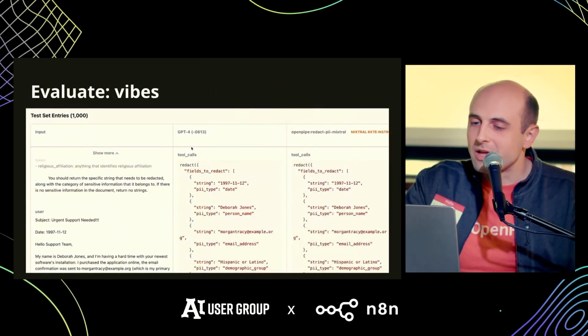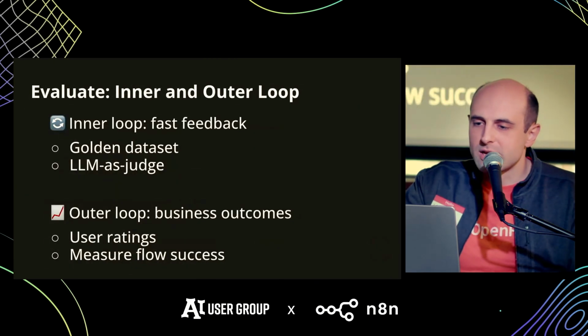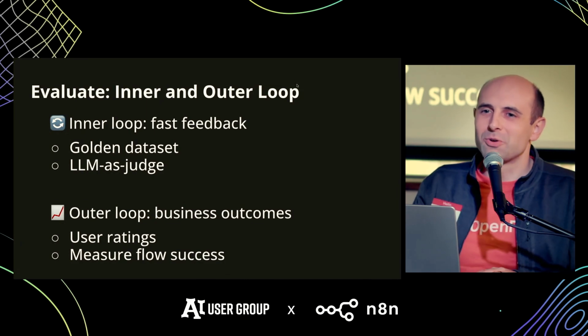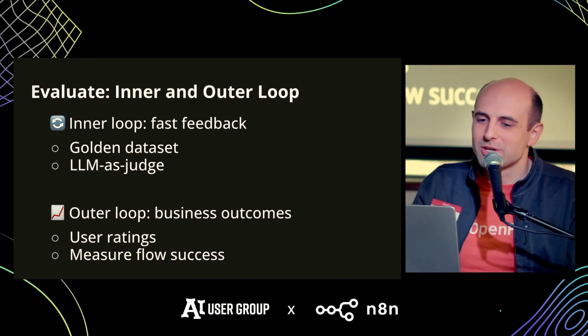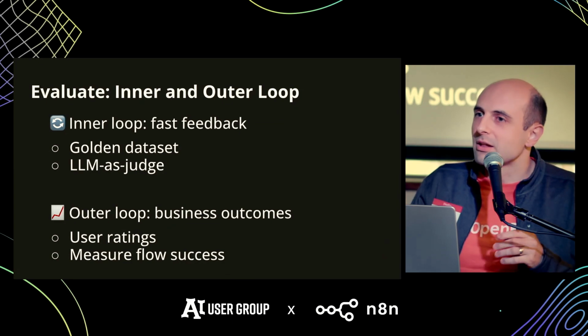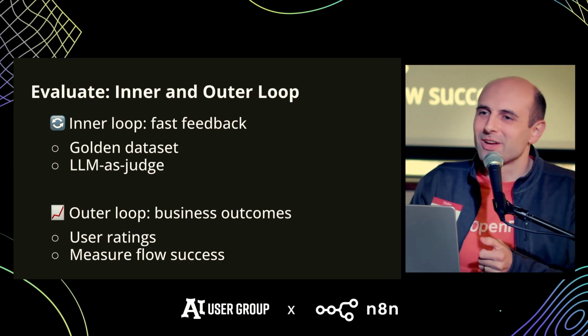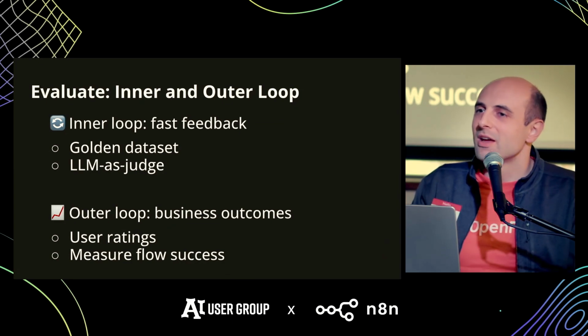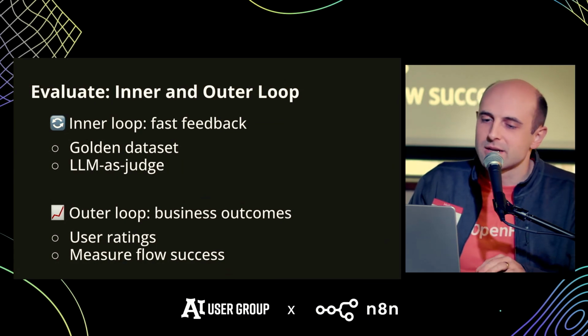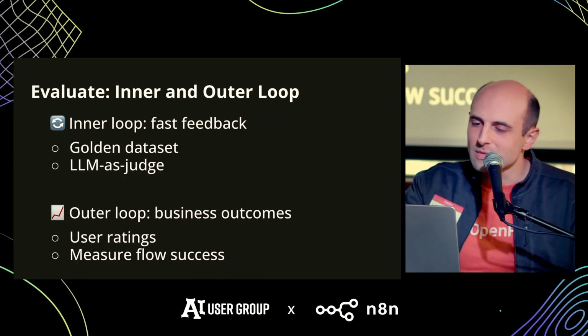And then you need to evaluate. I'm running a little low on time, so I'm going to speed through this a little bit. This could be a whole talk, even a whole conference, just on evaluations. The way I think about it, you need two kinds of evaluations. You want some kind of inner loop evaluation that you can run really fast. Using an LLM itself to judge the outputs of your fine-tuned model is one example. If you're doing, say, classification or information extraction, sometimes you can have a golden data set that you compare to.